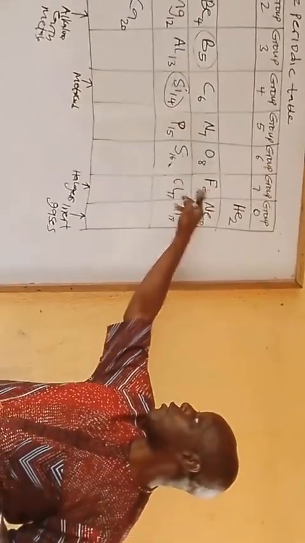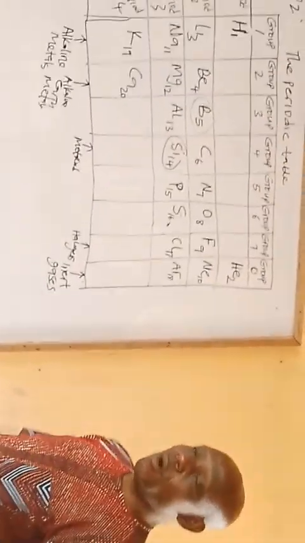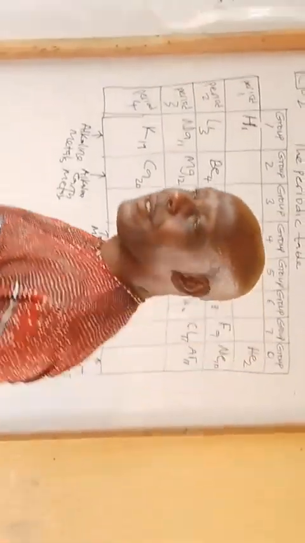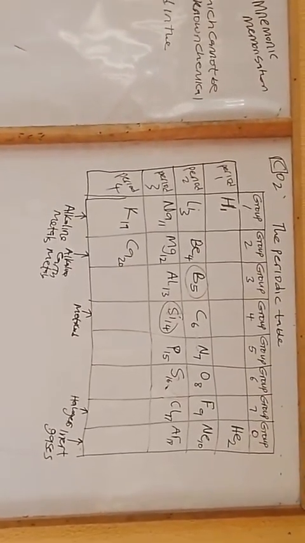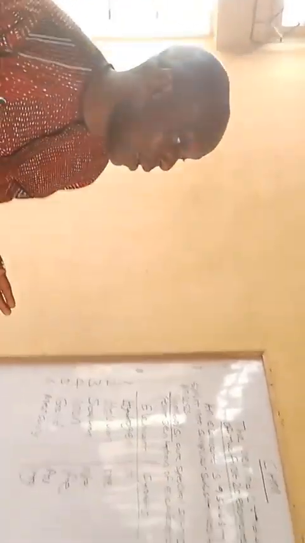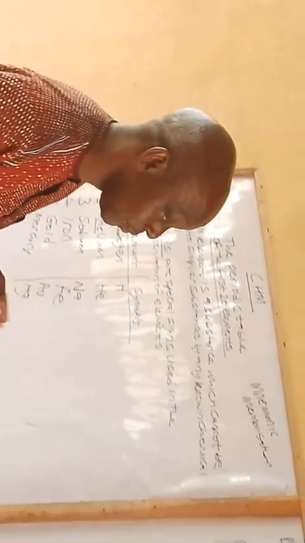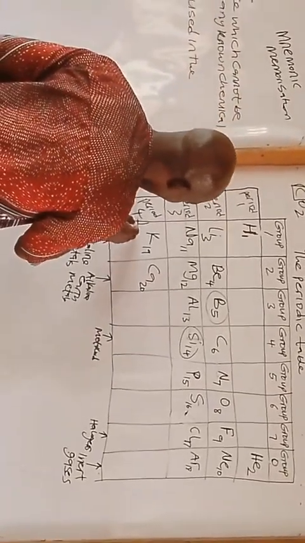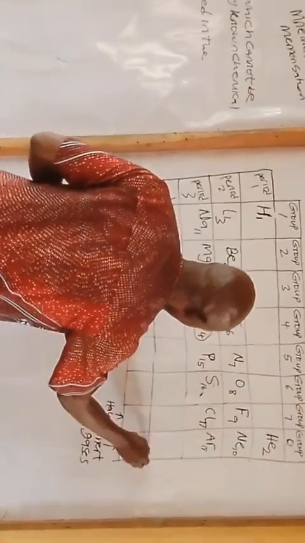So you should be able to see fluorine and chlorine there. Others that are not here are like bromine, iodine, and the rest. They are also halogens. But they don't belong to the first 20 elements of the periodic table. They belong to the next group after maybe from 21 to 30. Are you getting it now? So then having known that, another thing you can derive from the periodic table is to establish